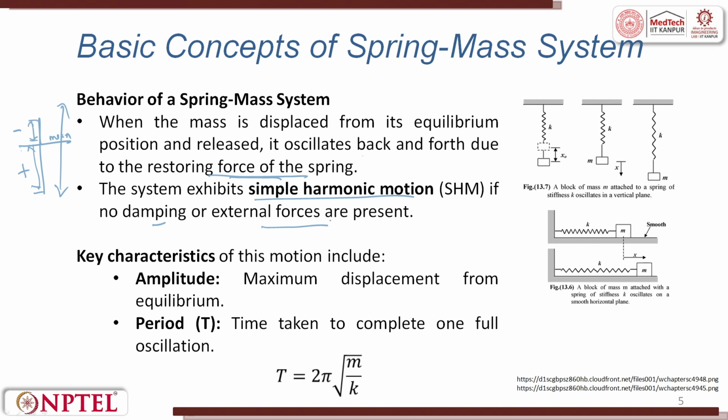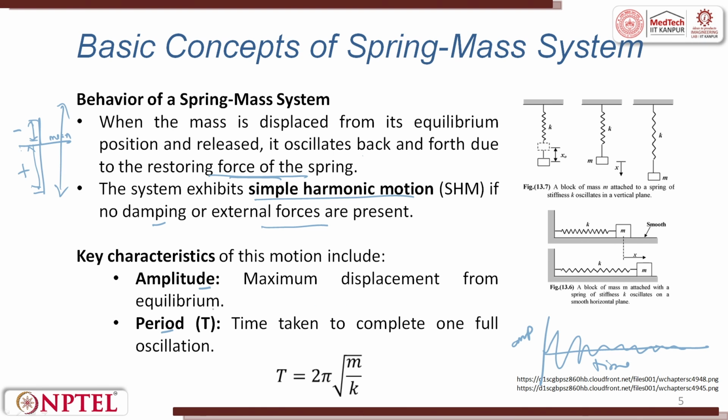So, now there are two things which come into existence. What are the two things? What are the key characteristics of this motion? They include amplitude and time. For example, if you try to take amplitude and time, it might go like this. Right? So, the key characteristics of simple harmonic motion include amplitude, the maximum displacement from the mean position